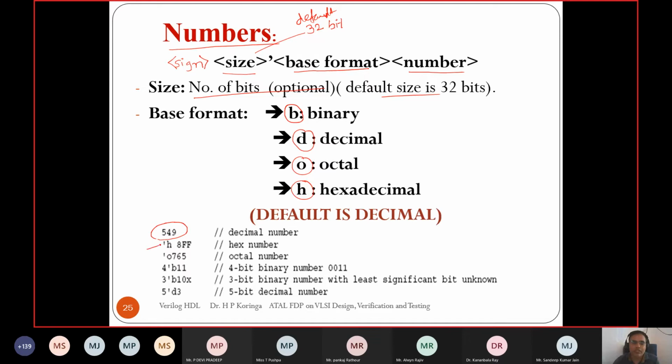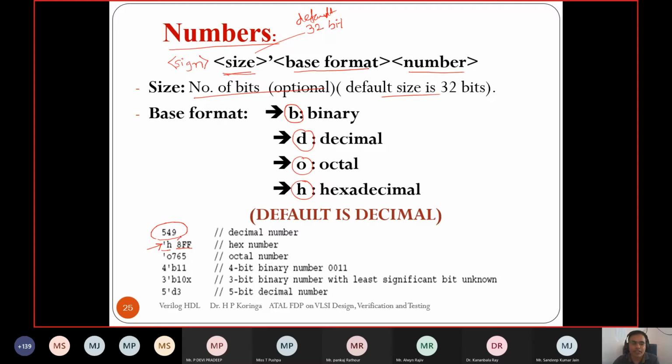In the second example, 'h8FF, the size is not specified, but the base format is specified, right? So whatever is written afterward, 8FF, it takes as a hexadecimal. We know each digit in hexadecimal represents 4 bits.